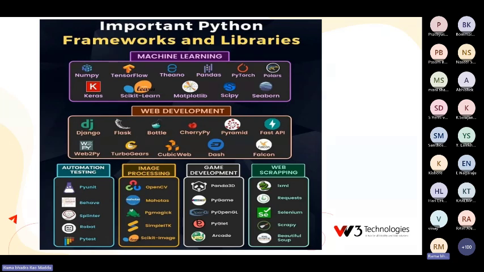From that, most widely used for specific purposes, what you are seeing right now. Like for machine learning we utilize the libraries here. For web development there are Django, Flask and many more. So most of these things can be used in web development. If you are going for automation testing, these libraries we can use. Image processing means we can convert an image's color to black and white, blur, rotate, or remove some noise.